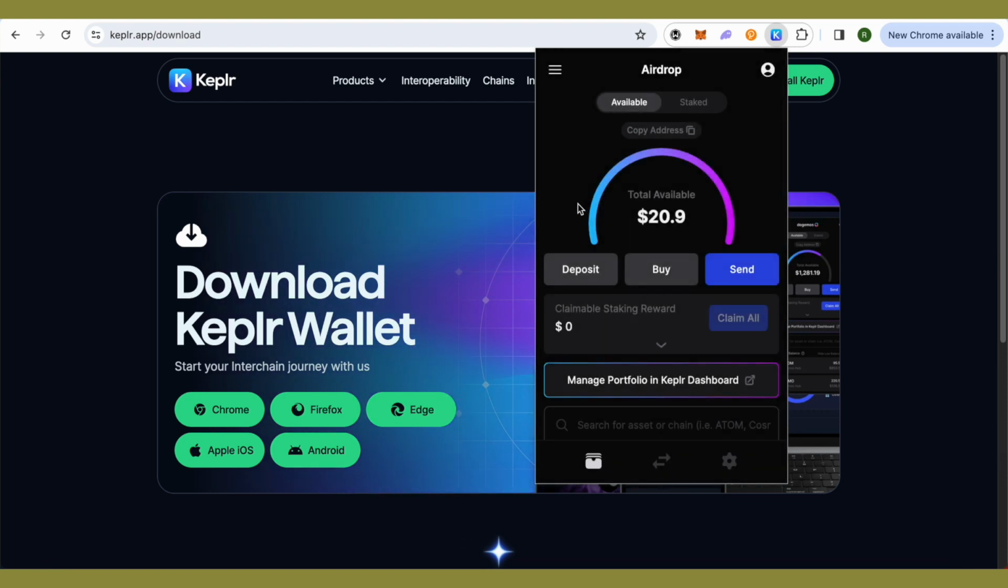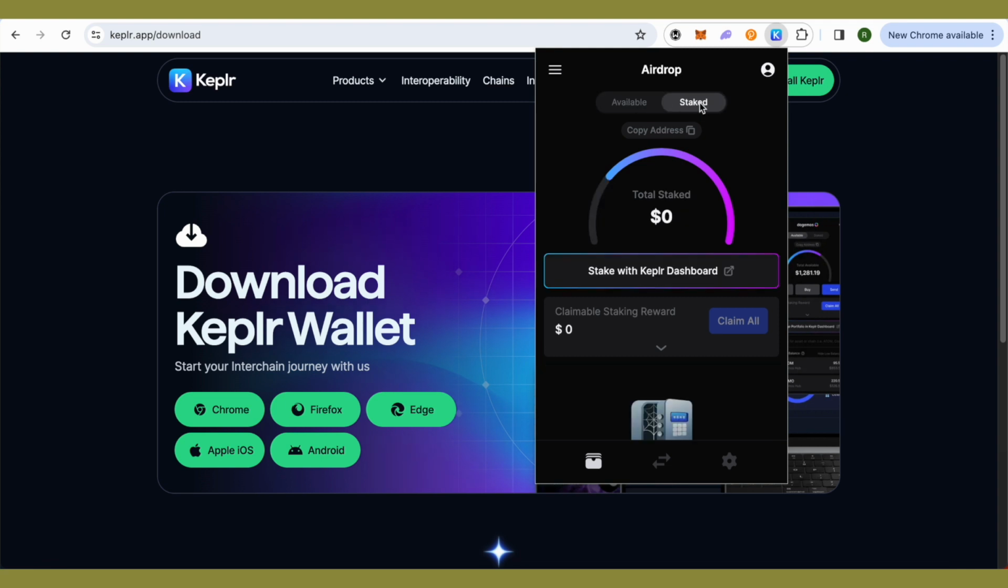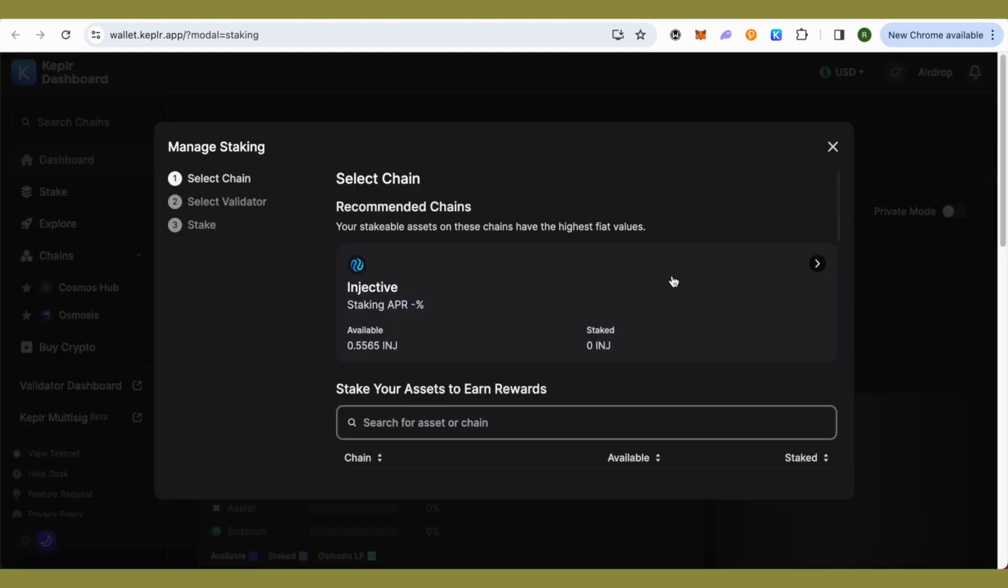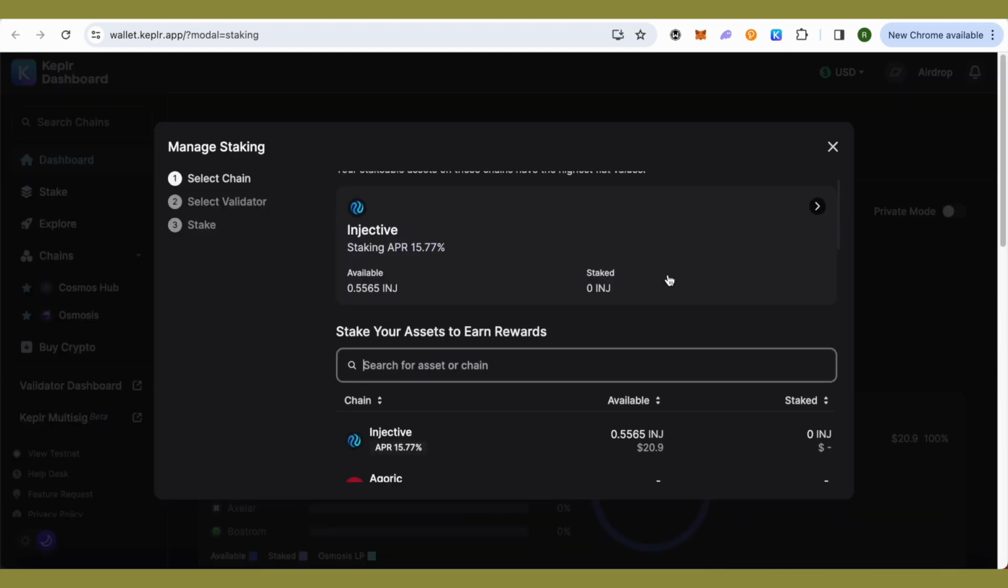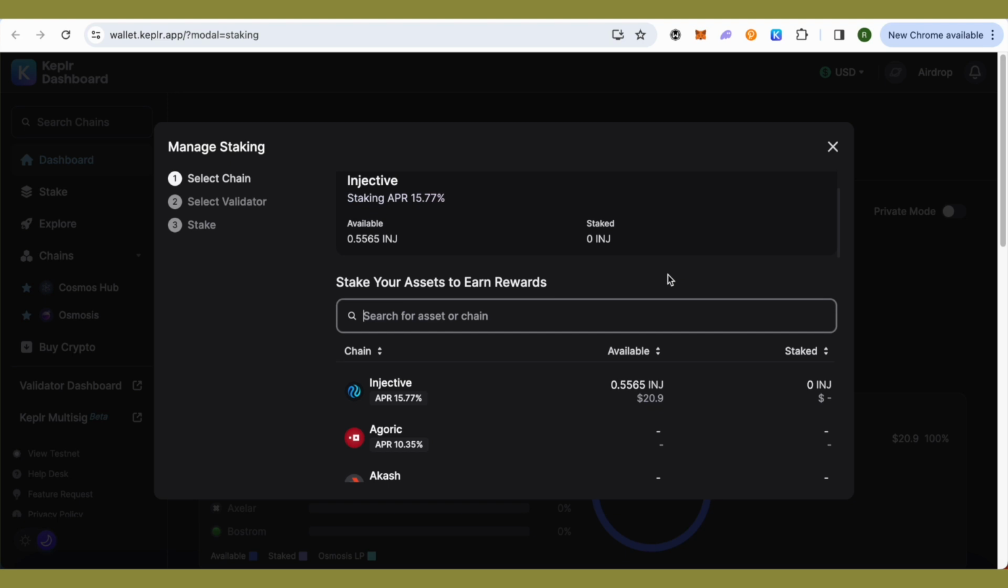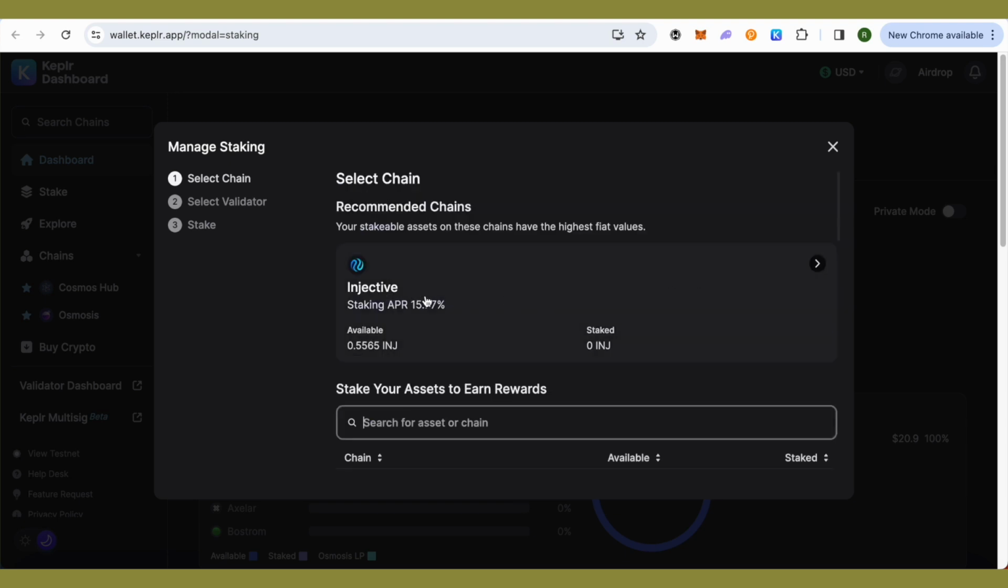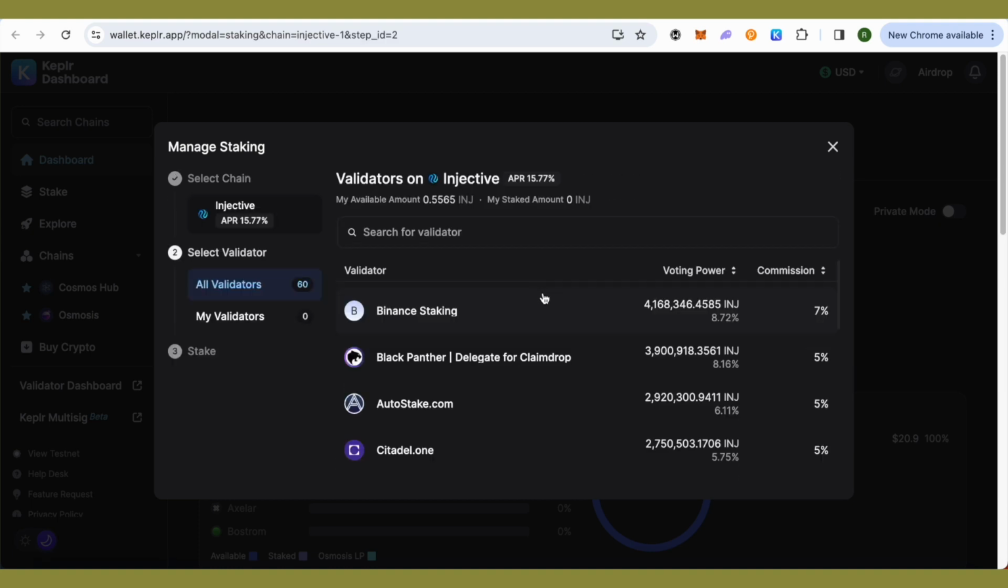Now let's see how we can stake on Keplr in order to earn the rewards. For this, just simply click on this option of stake and then click on this option of stake with Keplr dashboard. Now it will redirect you to this page. Over here, all the cryptos that you hold on Keplr will be shown, and you can just simply click on this particular crypto in order to earn the rewards. The rewards are 15.77% for Injective, so we just have to select it,